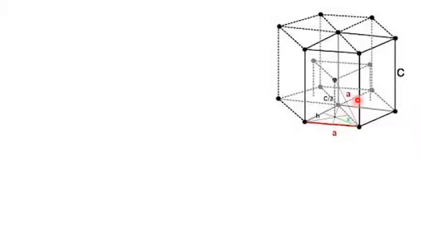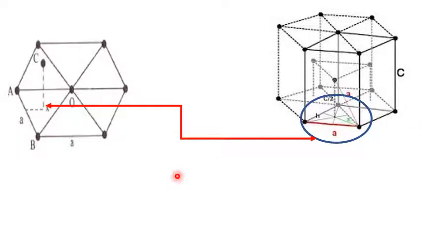So these are 6 equilateral triangles. Okay, how exactly it is visible, you can see it here. There are 6 equilateral triangles. We are going to just consider one equilateral triangle like this, and this is the center where we can find this atom. This atom is exactly at the midpoint of the height, so we are going to take that as C by 2.